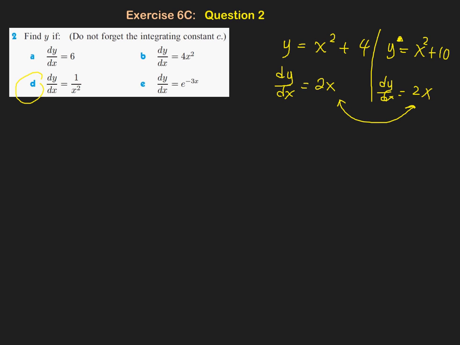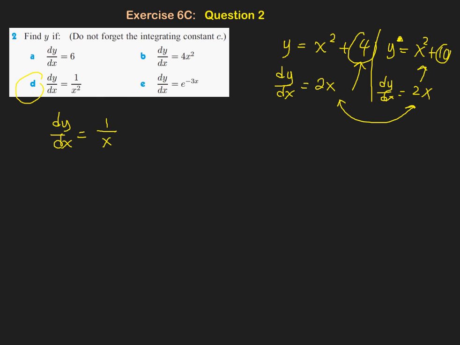Now, wouldn't it be a problem when I try to find the antiderivative of 2x, because we do not know whether the antiderivative is this one or this one. So therefore, when we try to find the antiderivative of any function, we add a constant c, because there could be a 4 there, it could be a 10, it could be anything, it could be a negative 10. So to safeguard against missing that constant, we put a plus c at the end every time we integrate. So look at this. The question now is given this